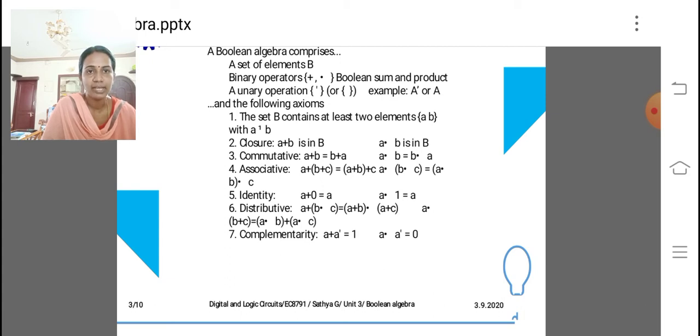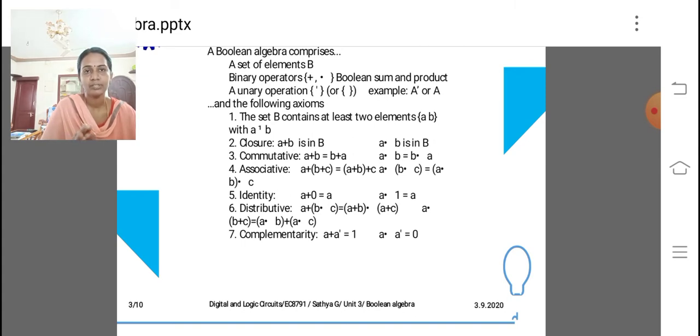In the first case we are using three variables with two operations, that is addition and multiplication. On the right hand side, (a plus b) dot (a plus c). So we are getting the same answer. The meaning is, if we do some examples for these commutative, associative and distributive laws with the help of Boolean algebra concepts, we will find the solution.